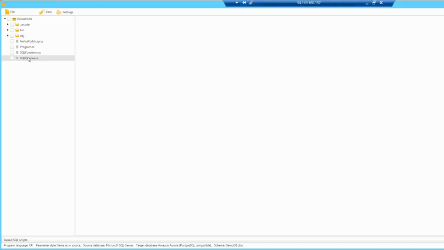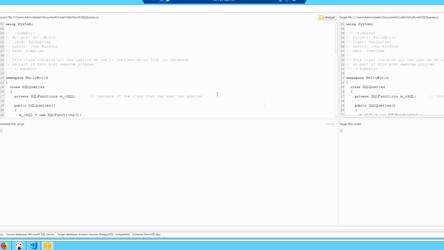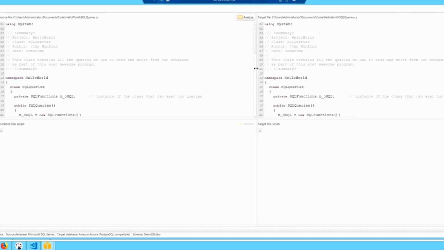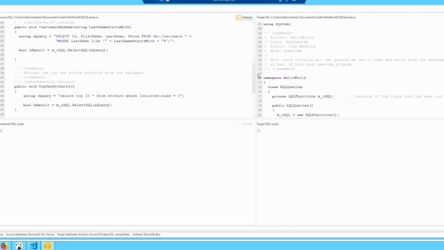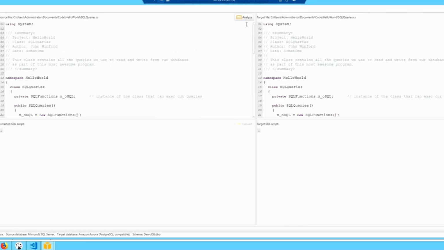So I'll select that, and I'm going to move this over so you can see it a little bit clearer, the original and the new, left to right. I can hit Analyze, and it's going to scan through my source code and identify SQL statements and rewrite them from SQL Server syntax to Postgres syntax. So I'll hit Analyze,